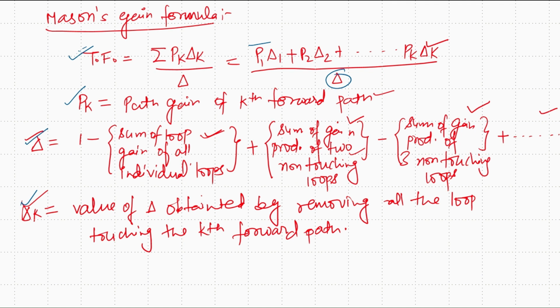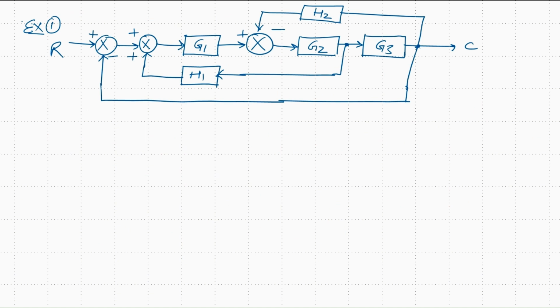So let's take one example. Here we have a block diagram. The question is, first we need to convert this block diagram into a signal flow graph, and then by using Mason's gain formula, we need to calculate the transfer function of this block diagram. So the purpose of this question is to determine C by R, which is the transfer function, by using the signal flow graph. The first step to convert a block diagram into a signal flow graph is to find out